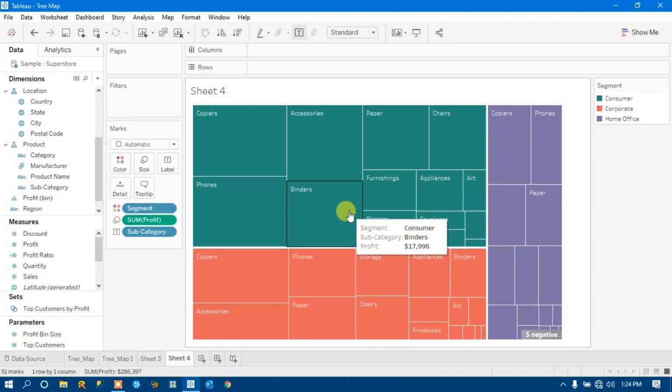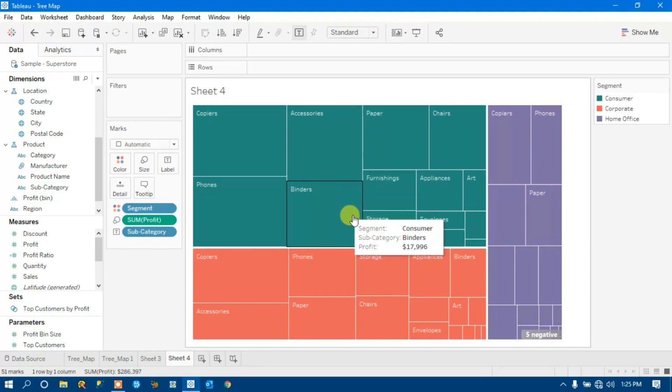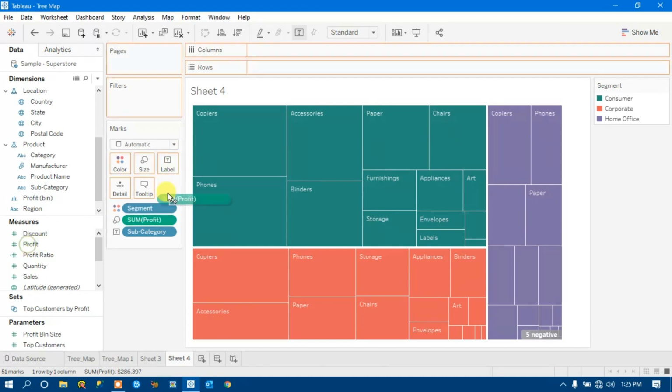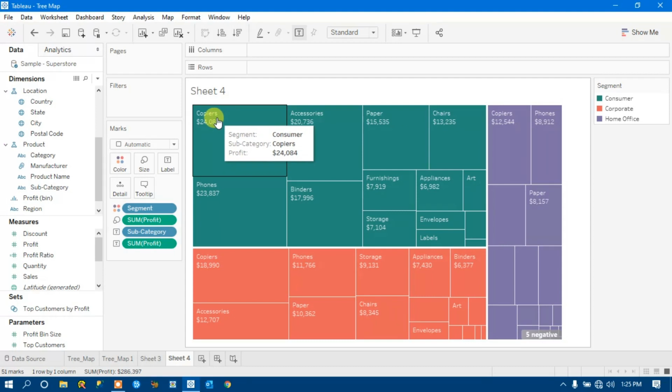This is a very basic visualization of a tree map. This is how we have supplied our subcategory dimension to this visualization, right? It is very simple. If you want labels for the profit, you simply drag your profit to the label shelf. The profit will appear on the top left, right? So this is the very simple visualization.